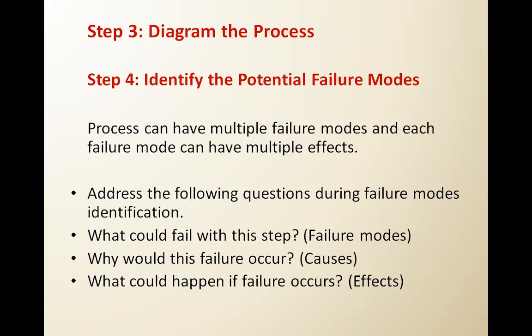Here we are identifying why this failure should occur. If we say that this failure is there in this step, why is it occurring? What should happen if failure occurs? What will be the result? Say during the compression of a tablet, the tablet machine immediately stops. So we have to identify what could fail with this step during the compression. Here we say that the die cavity is improperly filled, or we applied a very high pressure, so there is a jam of the machine roller and the machine could not move.